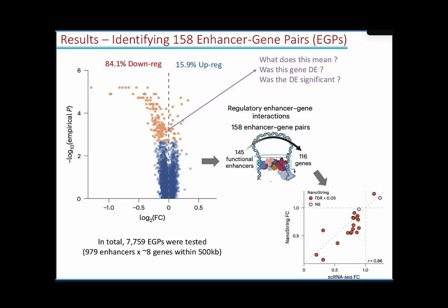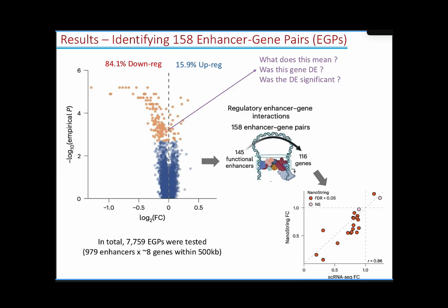Now, I got to say something that is important. I keep saying that they looked at all of the genes that were present in those cells. In reality, what they did is they concentrated on the genes that were present within 500 kb of that enhancer. If you're looking at what an enhancer does, it doesn't make sense to look at what happened to the expression of a gene that is in a different chromosome or millions of base pairs away, right? We know that enhancers can work at a distance, but 500 kb is long enough from the enhancer, and they